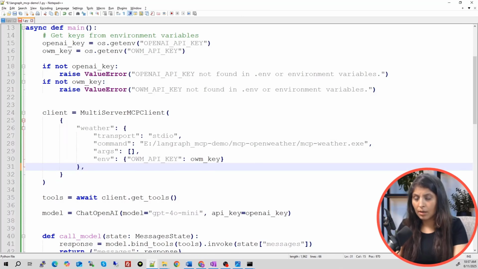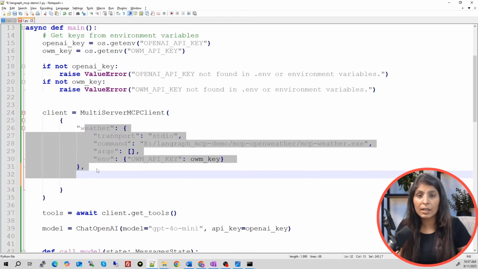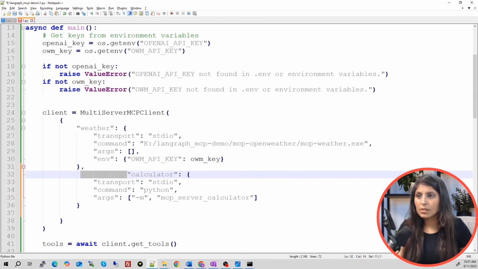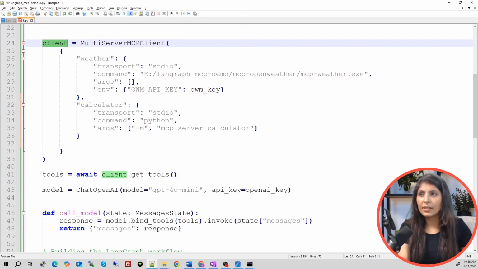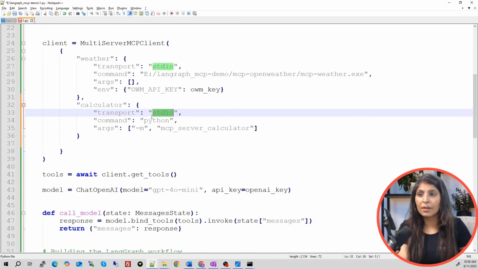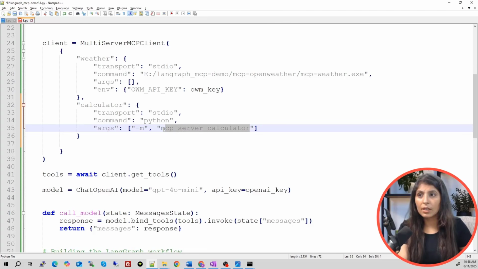Put a comma. So this is the part where we are connecting the client with the MCP server. Earlier we were using one server. Now put a comma over here, and now we will write the code related to the connection to the next MCP server. See, this is the code for the second MCP server. That's it, guys. Only this much code. We are connecting the MCP client with the weather MCP server and the calculator MCP server. The interaction between the MCP server and the client will be done with the help of this command. And this is how we are connecting it.